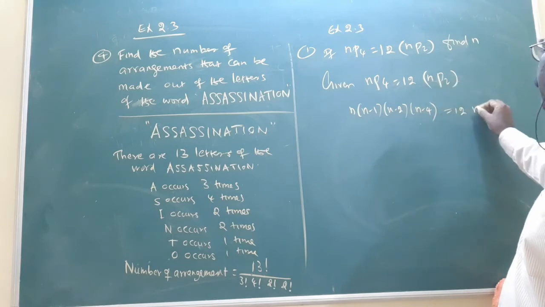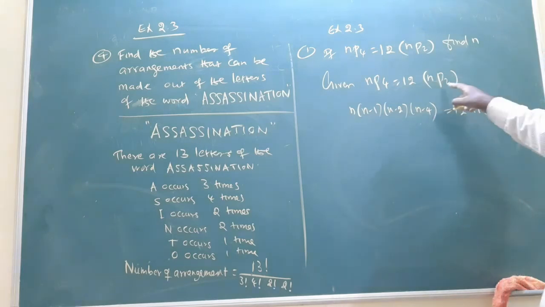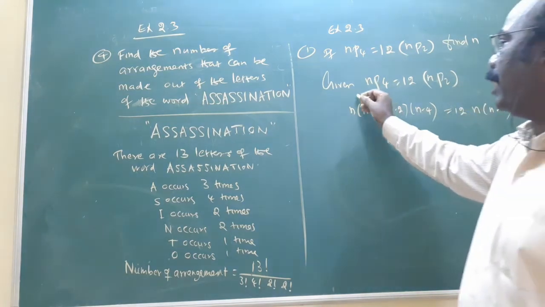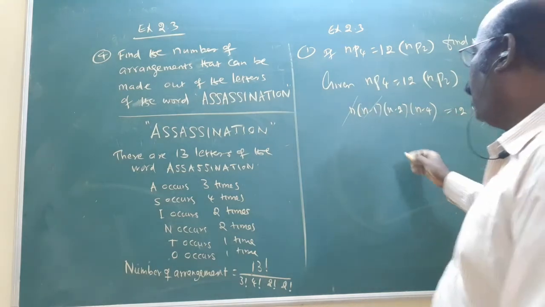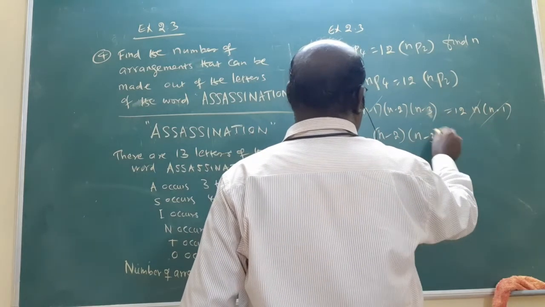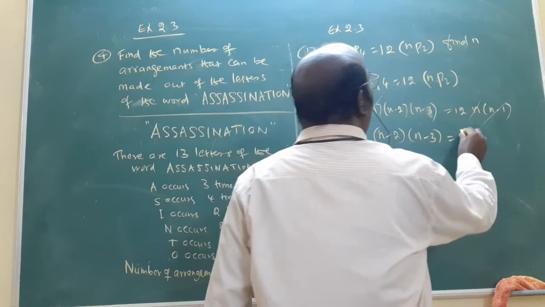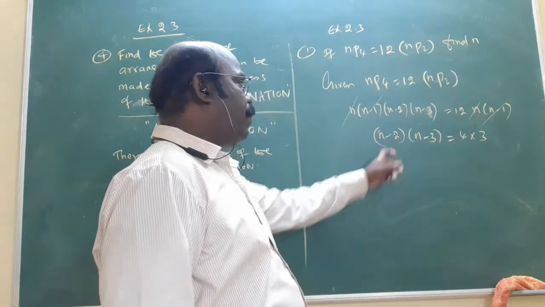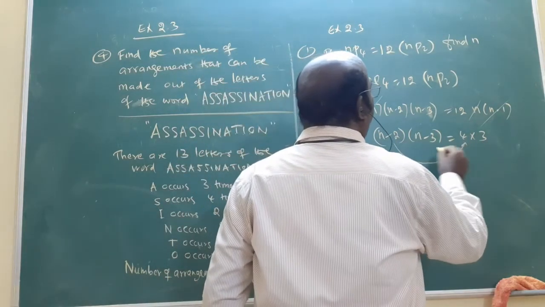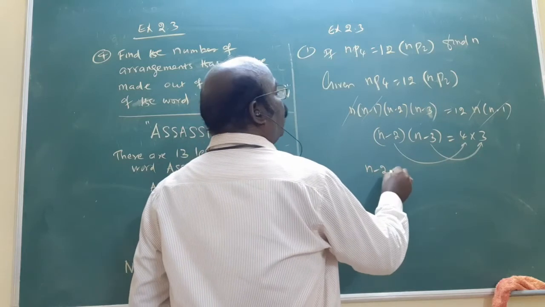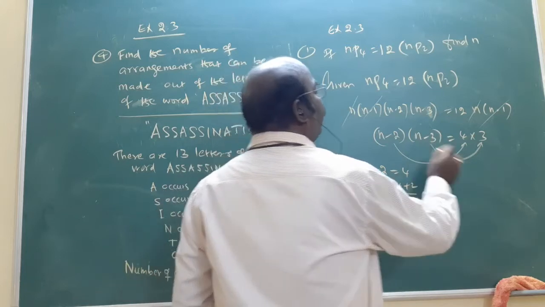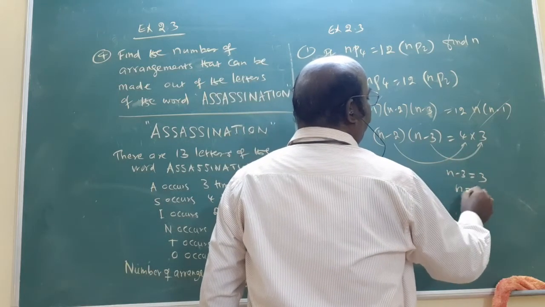First one is n, no? n into up to n minus 1. What is the reason? The 2 only is there. 2 means you want only 2 numbers. This will be cancelled. So n minus 2 into n minus 3 equal to 12. The 12 can be written as 4 into 3. Am I correct? The product of 2 numbers. Here also you want the product of 2 numbers. First number equal to first number, second number equal to second number. Now n minus 2 equal to 4, so n equal to 4 plus 2, 6 is done. Now second equal to second, n minus 3 equal to 3, n equal to 3 plus 3 equal to 6.